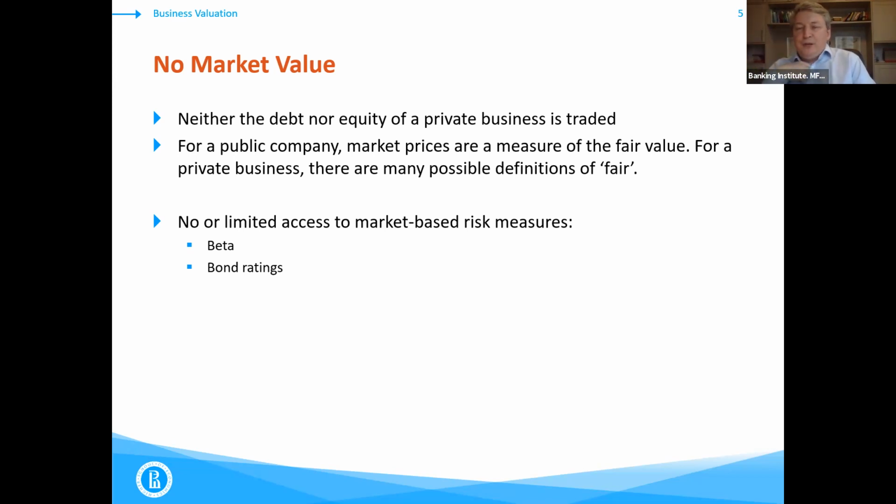In our public company valuations, we used market value of equity to calculate WACC, and we used the value of debt. For those companies, we expected that the value of debt reported on their balance sheet is the actual value of debt. Sometimes, if we try to calculate it more precisely, the market value of debt could be other than the value presented in the balance sheet, but mostly it was the case. But with a private company, everything changes,